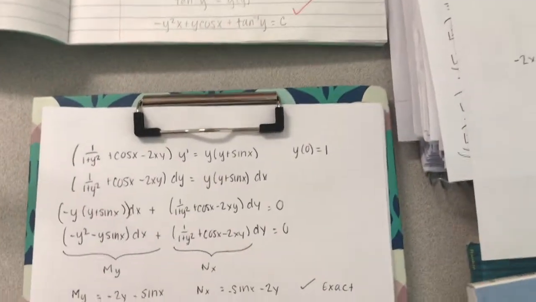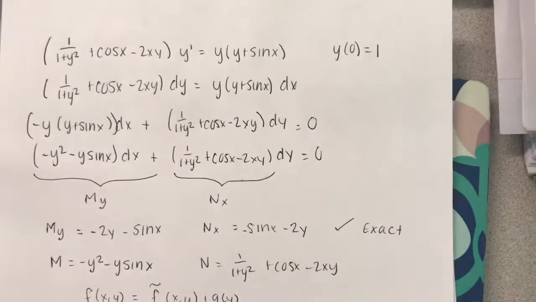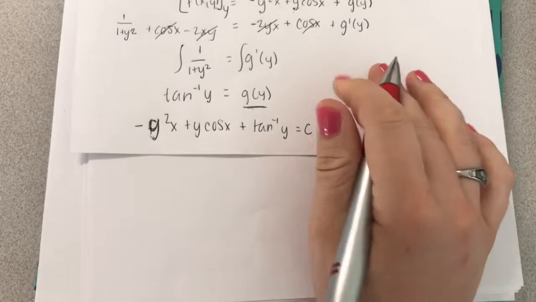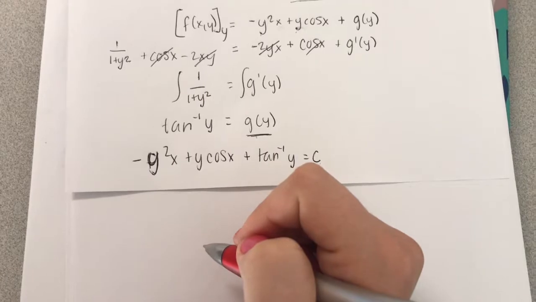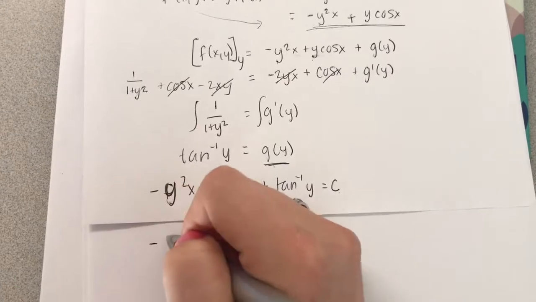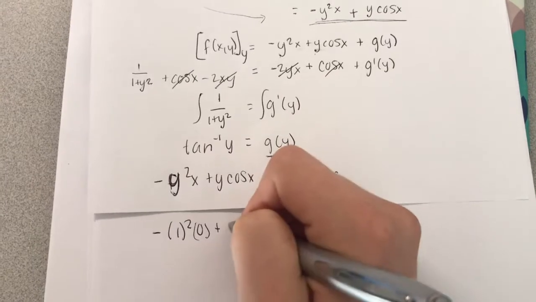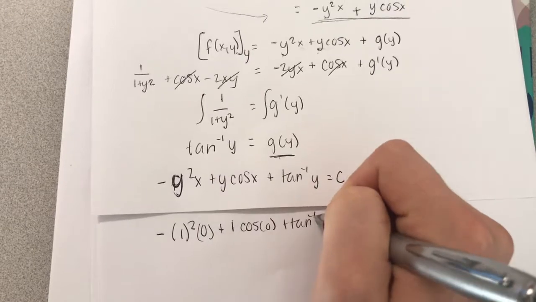Now, they gave me an initial value for this problem. They told me that y, when I plug in 0 for x, I should get 1. So we need to finish this equation and solve for c, because right now we just have an arbitrary constant and we need to find the unique solution. So we need to plug in 0 for x and 1 for y. So we get negative 1 squared times 0 plus 1 times cosine 0 plus inverse tangent of 1